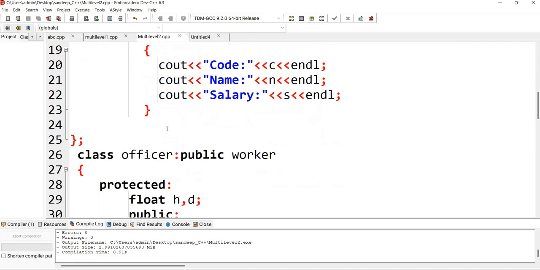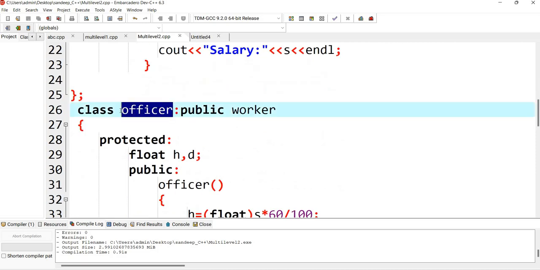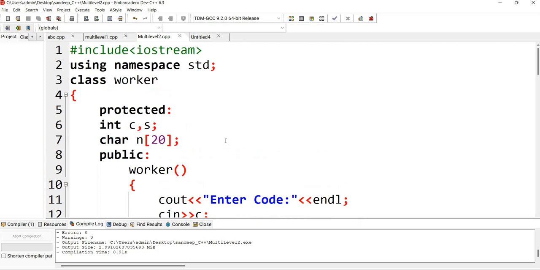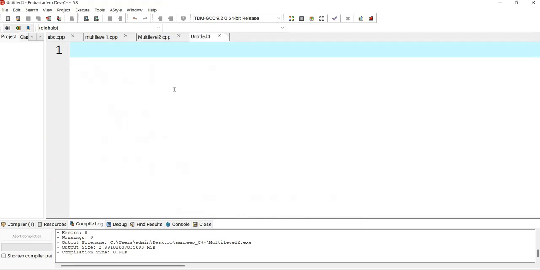And now this officer class will access data from this worker class. But now we need to create these two classes as base classes. So instead of creating multi-level inheritance, we are creating two base classes, and the third class will be the derived class, which will access data from the previous two classes. So instead of making these two classes derived classes, I'll just show you simply.